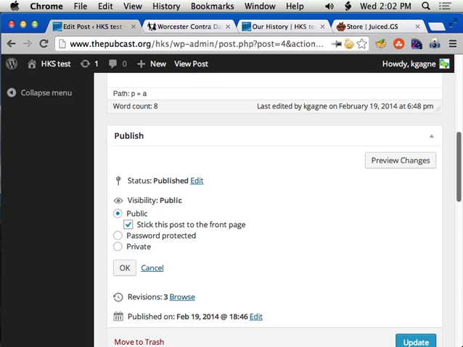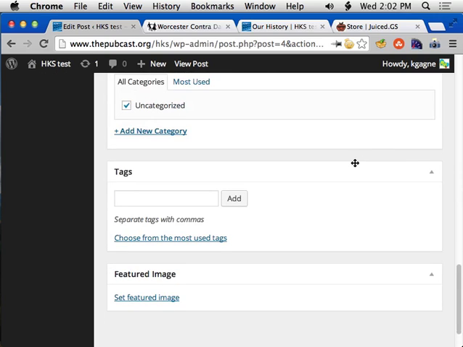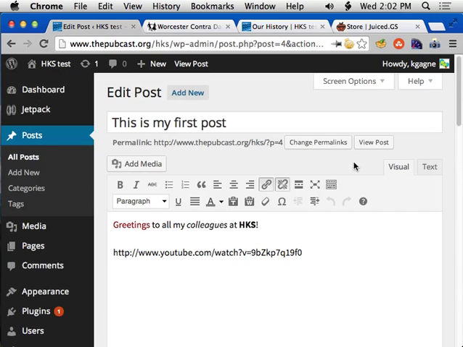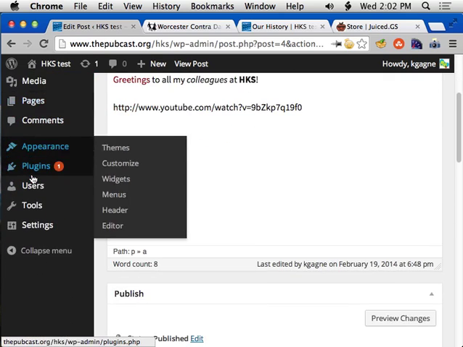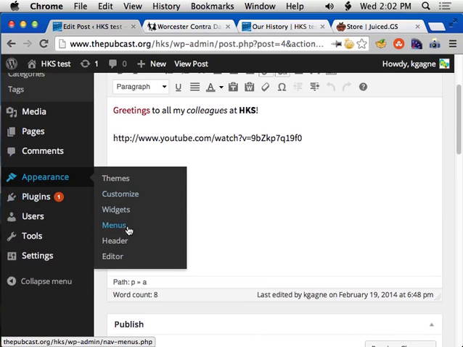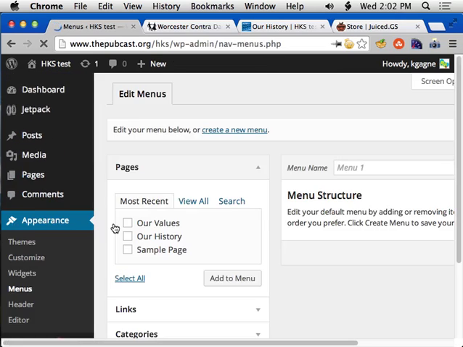Question? Not directly related to this topic, does the title of your page need to show up both in the menu bar and in big bold letters at the top, or can you make it so that it only shows up in the menu bar? That's a good question. So there are two ways to do that. One is if you go to Appearance and then Menus, and this gets back to what I was referencing earlier,